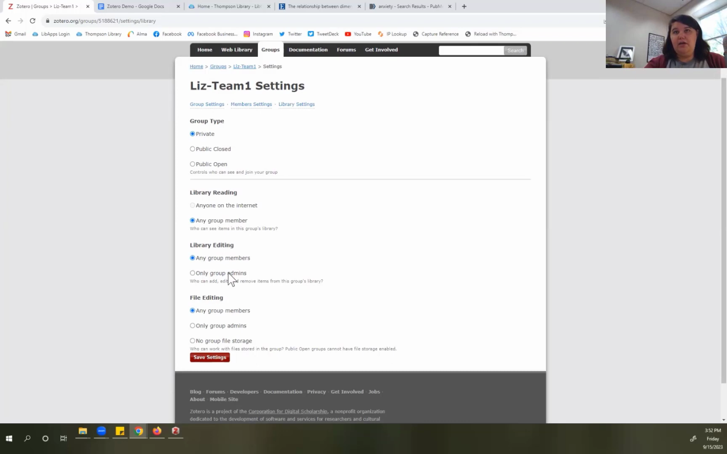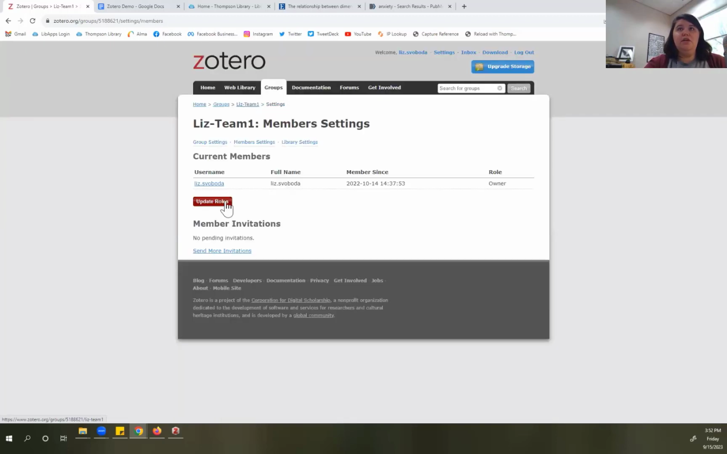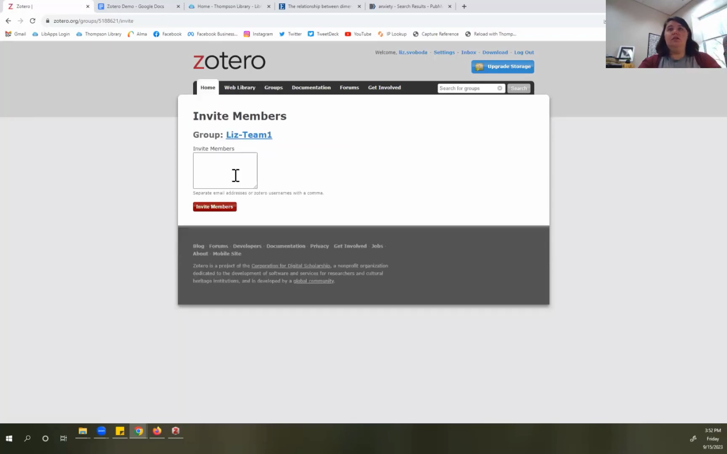So you do have the ability to lock this down a little bit more. Say you don't want your grad students or graduate student researchers editing files or editing the library, for some reason, you could lock it down to admins only. Or if you want it to be more open and collaborative, you're going to keep it as open as it is right now. When I want to add members to this, you're going to send invitations,